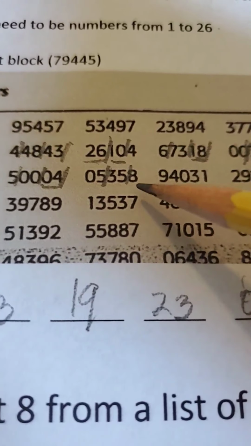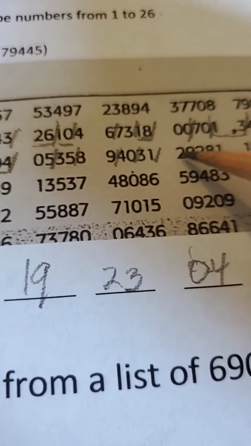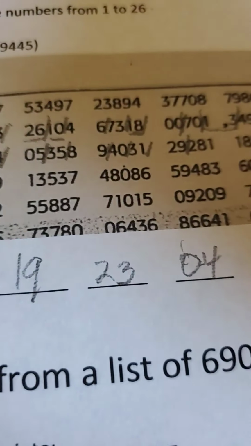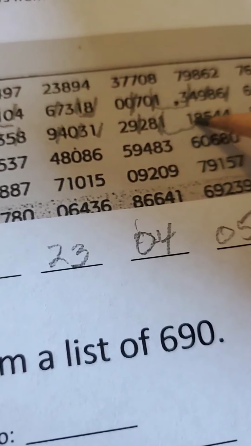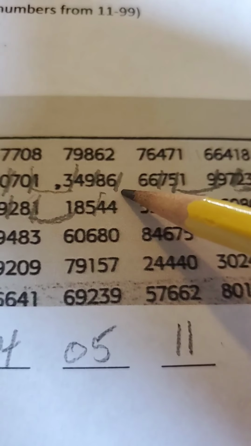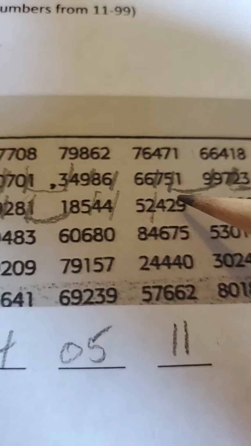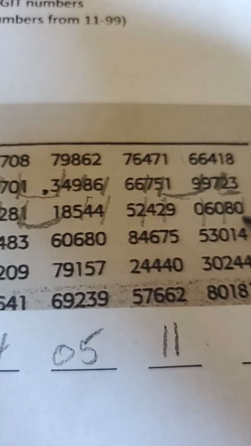35 we ignore. That's considered 89, 40, 31, 29. Once you get going on these, they're not that bad. 28. I marked it out, but that's an 11 right there. We need student 11. 85 you ignore, 44 you ignore, 52 you ignore, 42 you ignore, 90 you ignore, 60 you ignore, 80 you ignore,